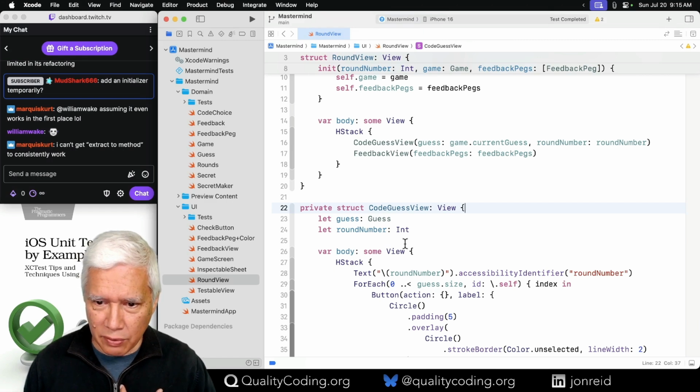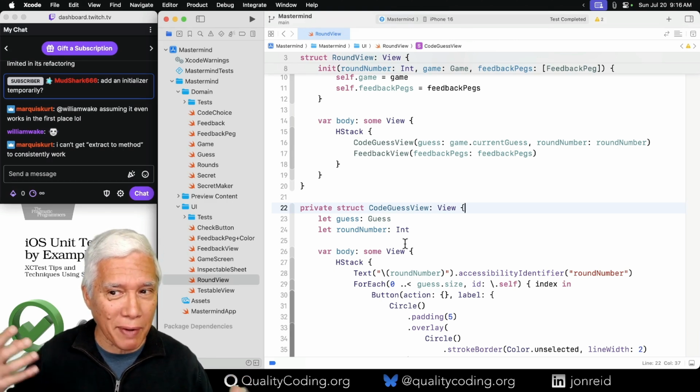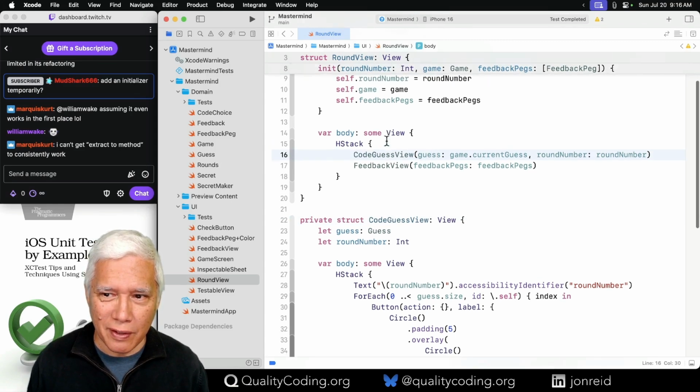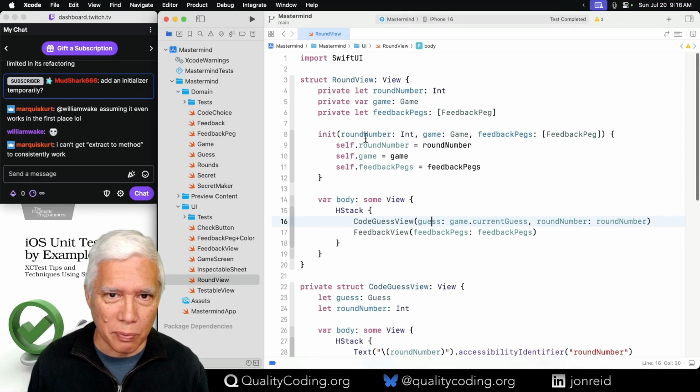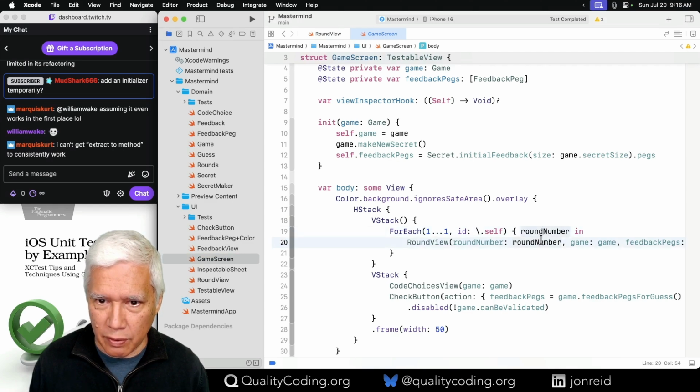So that's round number, which is interesting. I feel like that's something that the round should keep track of. What is my round number? Right. So back to our game screen. Round number.